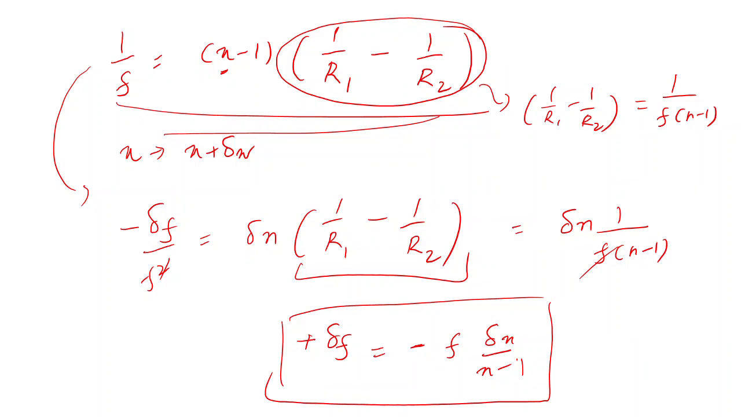So this represents the chromatic aberration of a lens. I'll write it on the next slide again. So the chromatic aberration is delta f is equal to minus f delta n by n minus 1, right? Okay, so if you want to calculate the chromatic aberration between, say, blue and red, the delta f